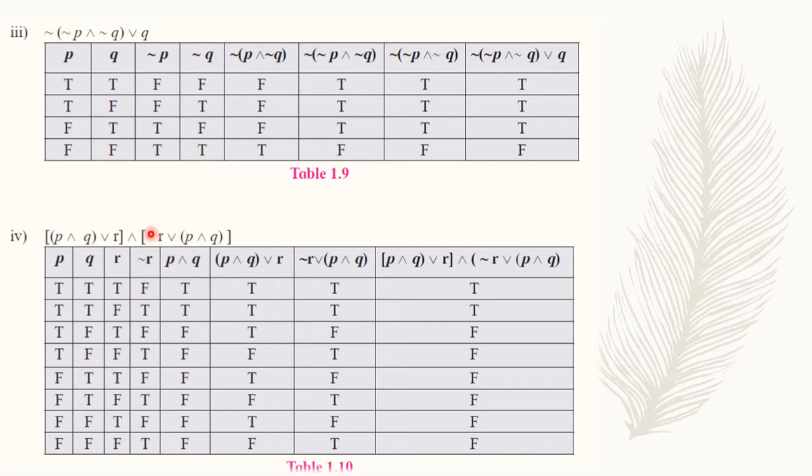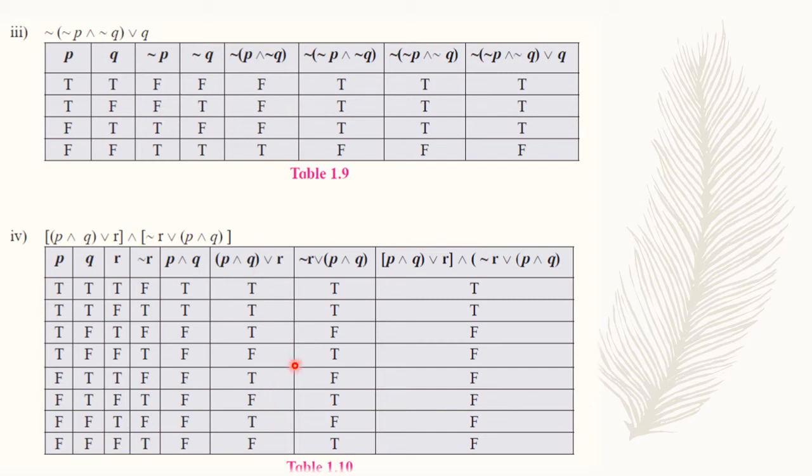Now next what you require is negation of R. So negation of R also you write, then you write P and Q. P and Q is the next component that you will require. So for P and Q it will be T and T is T, T and T is T, T and F is F, and the rest follows. Then P and Q or R, so this column or R: T or T, T or F, then F or T, if either of them is true, then it is true. When both are F, check when both are F. Here both are F at the 4th case, then at the 6th case, also at the 8th case. So in the 4th, 6th and 8th cases it will be F, in the rest of the cases it will be true.